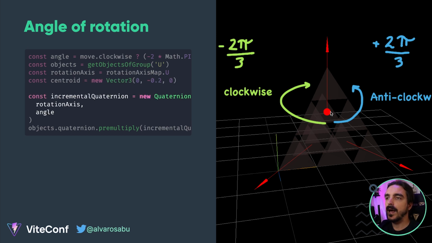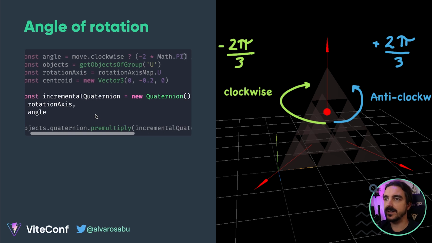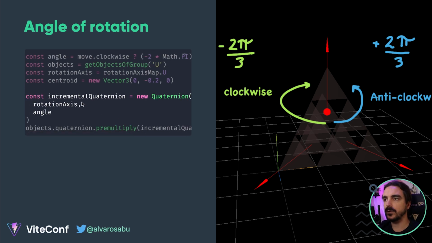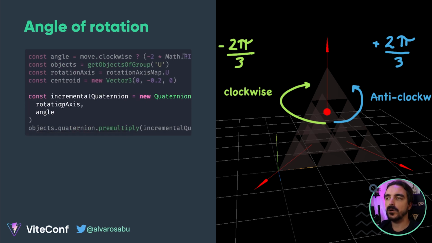And here we're going to use something called quaternions, which is something quite complex to explain. But what we are doing here is calculating the quaternion using the axis angle. So we're using the rotation axis and the angle that we calculated before. And then we are multiplying the objects by that quaternion.